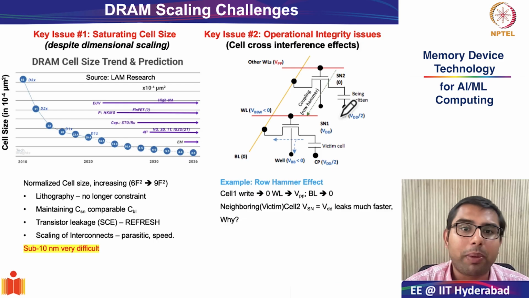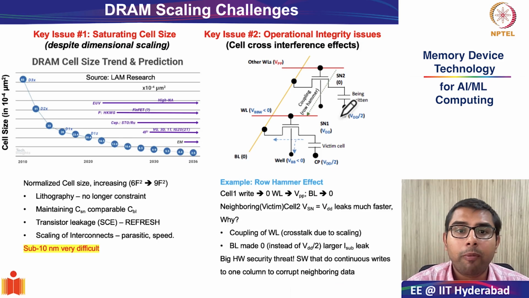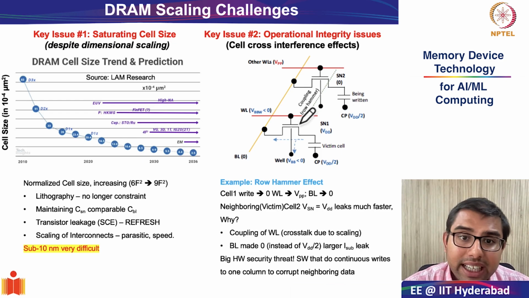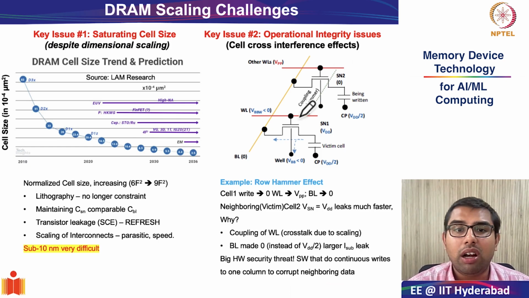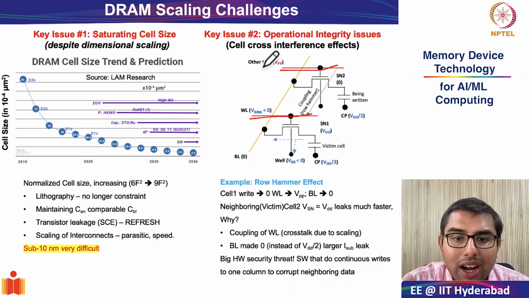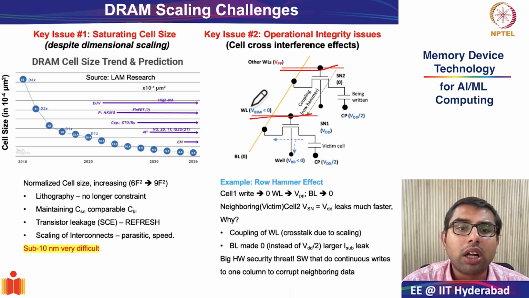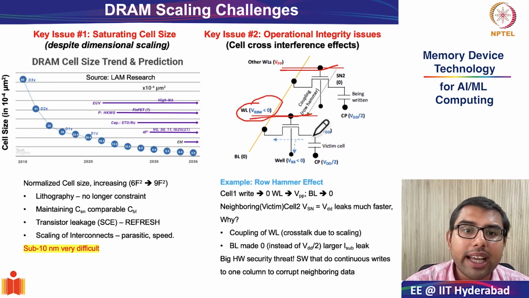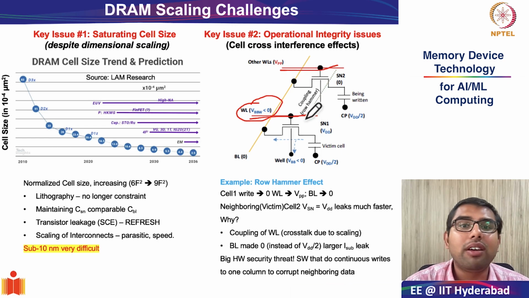So why does this happen? Why is there a much faster leak? The answer is very simple. Remember, there will be cross coupling because these cells are very close to each other. So what is the first cross coupling? The first cross coupling that will happen will be at the bit line. So suppose these bit lines, because of them being very close to each other, will start cross talking with each other. This might be at you are not intending to write into this cell. So actually the value over here will be 0.